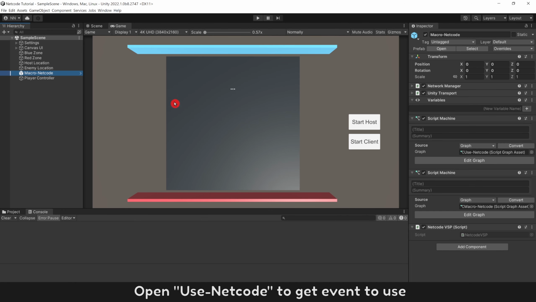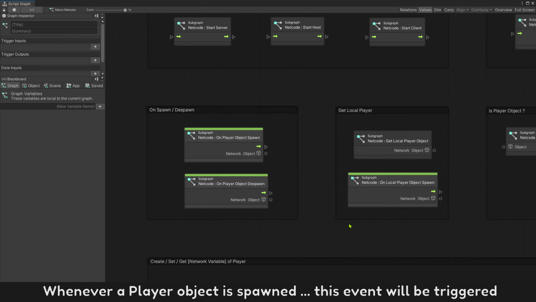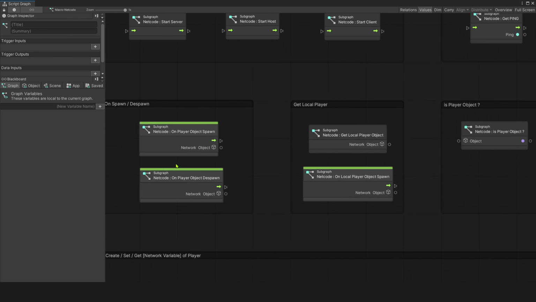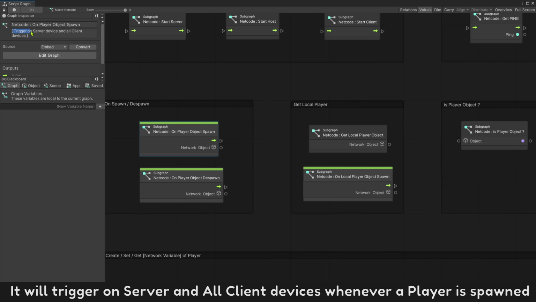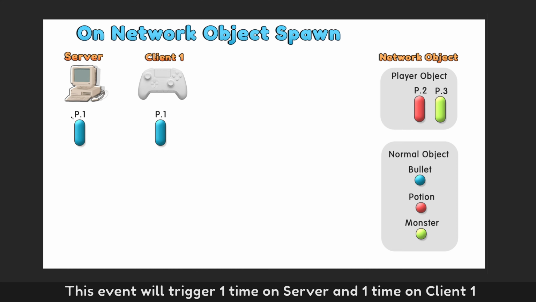Open Use Netcode to get event to use. Whenever a player object is spawned, this event will be triggered. It will trigger on server and all client devices whenever a player is spawned. I have example here. When one player is spawned, this event will trigger one time on server and one time